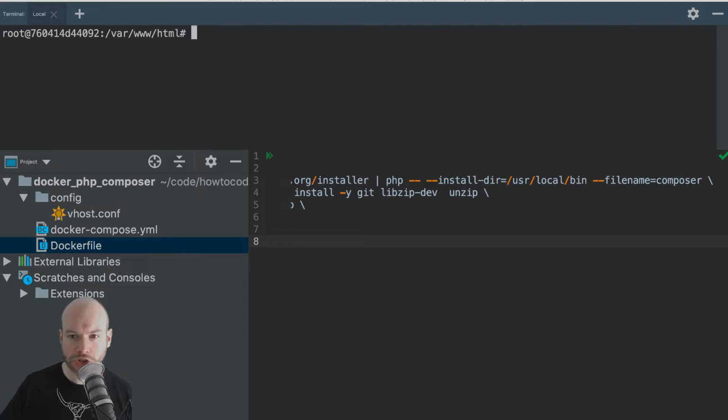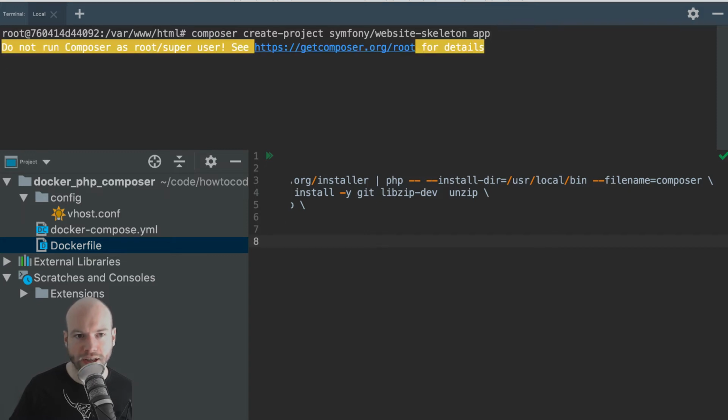I am going to run a command, which I'm just going to pull from my notes because I can never get this right. There we go. Can I paste that in? Yeah. So this is the Composer command that will create the project from the Symfony website skeleton. It's going to create it in the folder of app. So if I press enter, we'll get this warning, and don't worry about that.